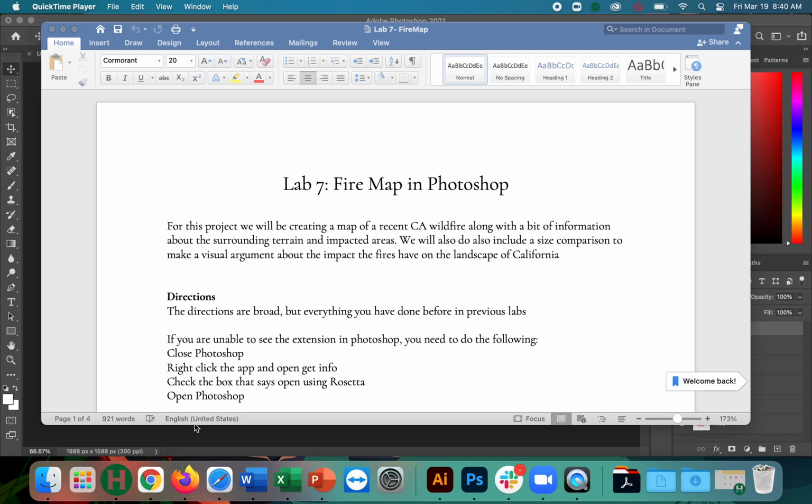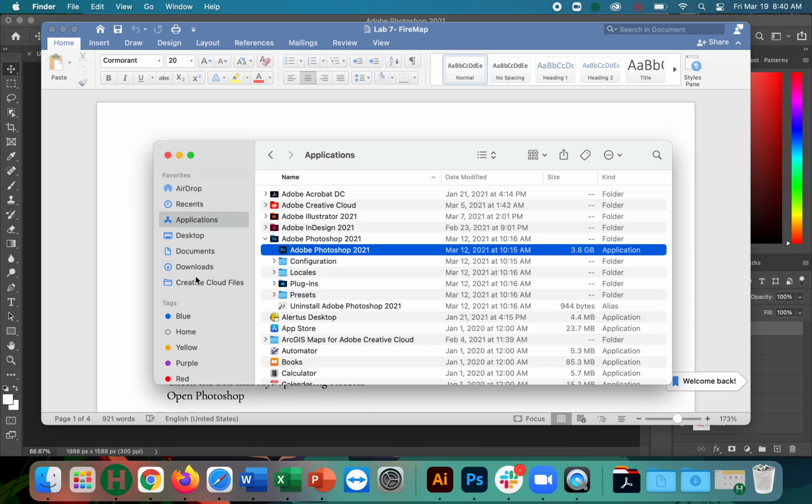First thing I wanted to point out is I have a Mac and had the new version of Photoshop automatically updated, and when I opened it I could not find the extension, which terrified me for a moment. And then I did some research and I found out that basically the new version of Photoshop uses a different type of processing than the extension is designed for. And so as the extension is updating to meet the new Photoshop, the way that it uses the memory of the computer,